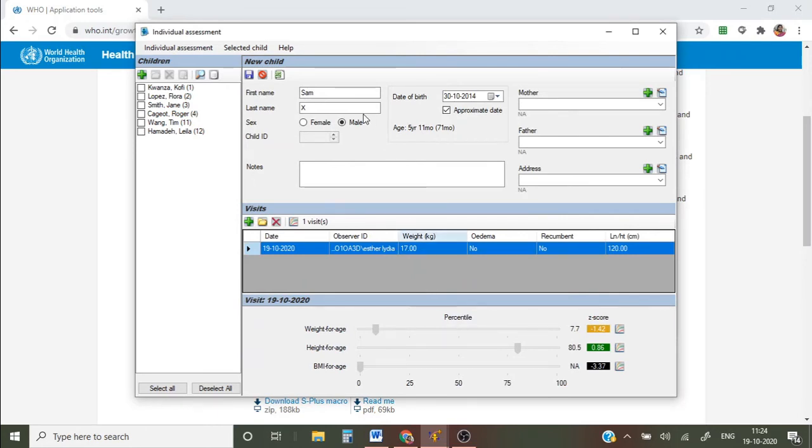Likewise, you can save as many children as you would like to do the individual assessment on, and again in this case you can find 3 interpretations: weight for age, height for age and BMI for age, and specific percentiles are shown here, and Z-scores, the green color, which shows you the median standard deviation, the median percentile or the Z-score, and for each of which you can view the graph here.